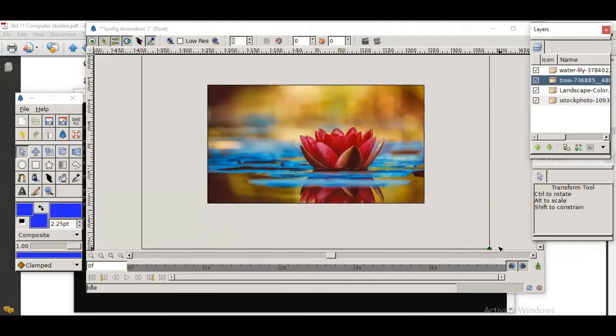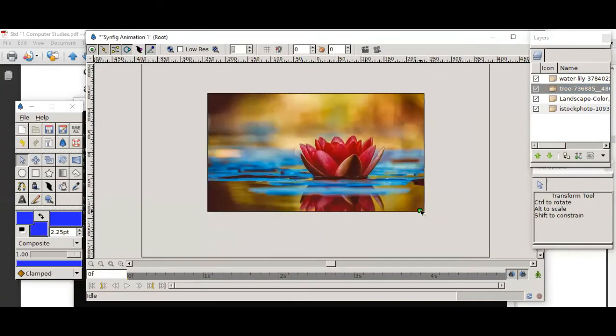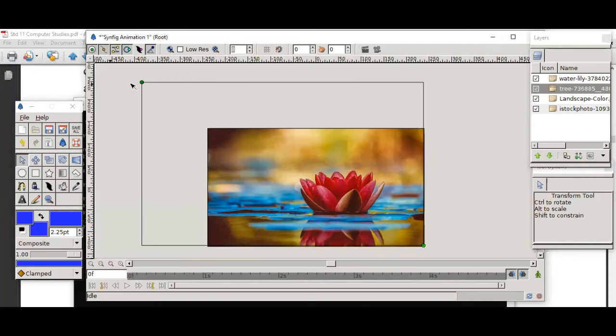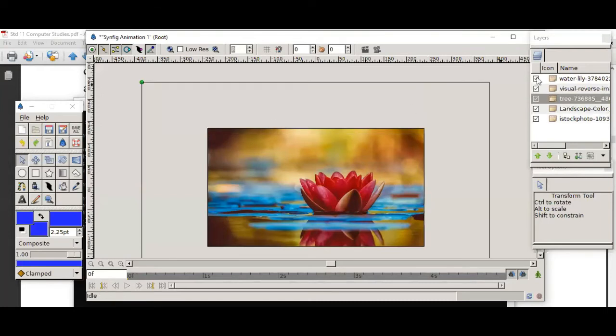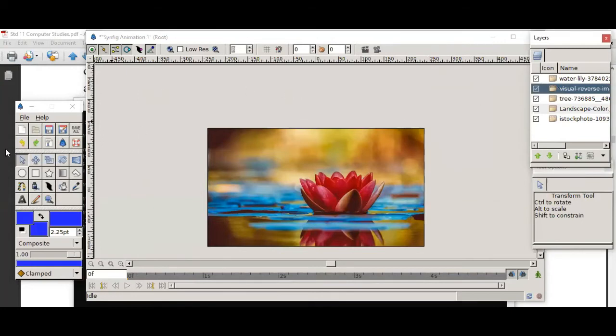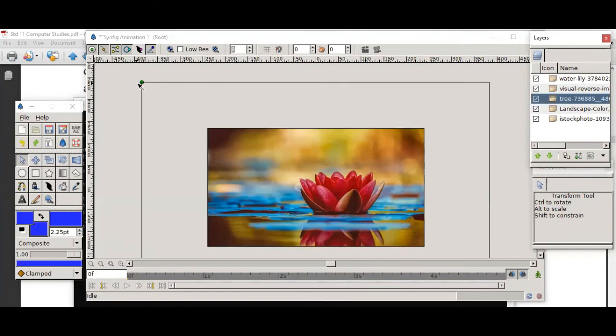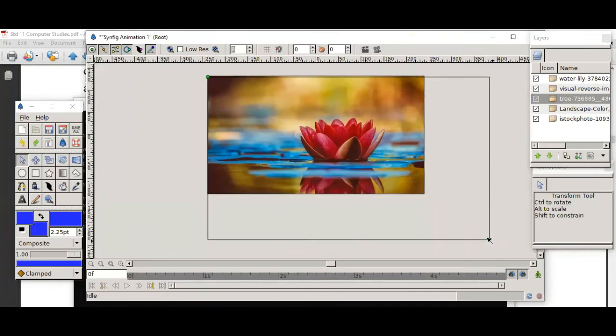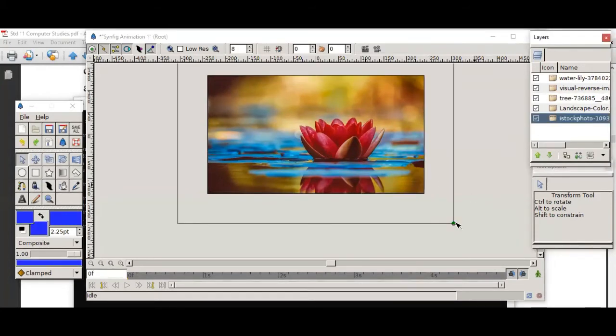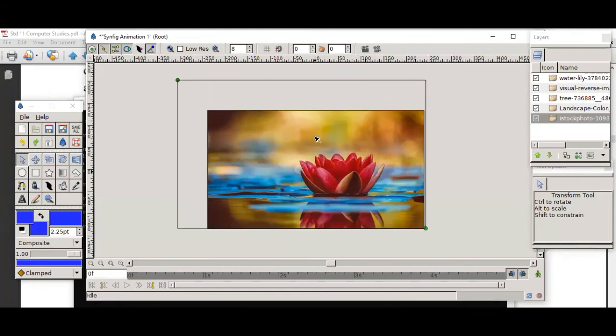This is the second one. Now this is the last image that I am going to resize here.